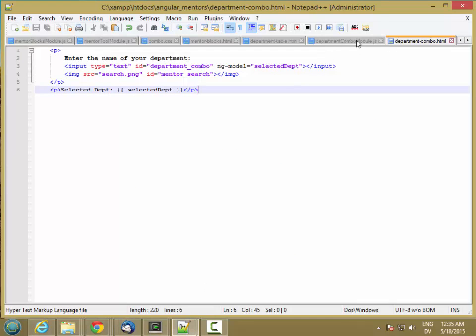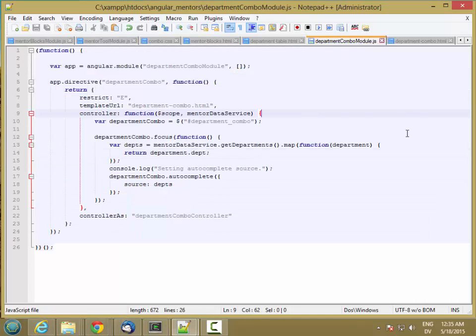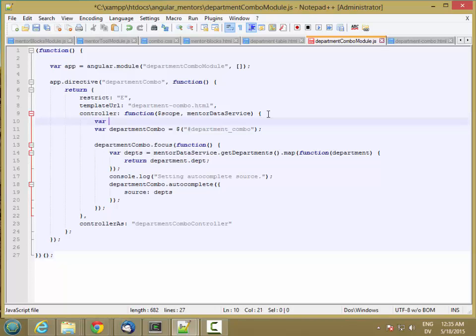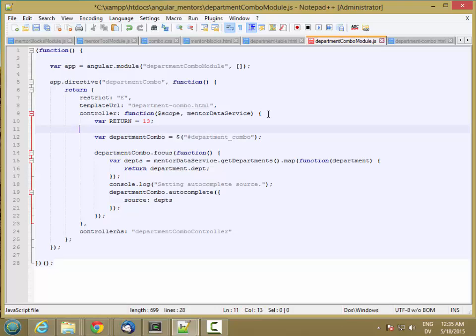So to push that value, we need to know when to do the selection, when to do the update. So first thing we're going to do is wait for a carriage return key press on this combo box. So let's go ahead and add our return is character 13,